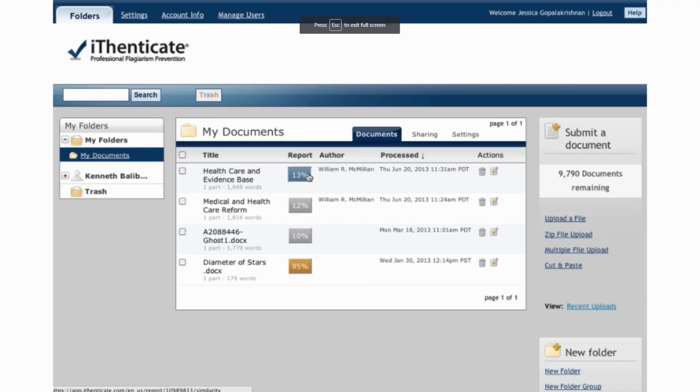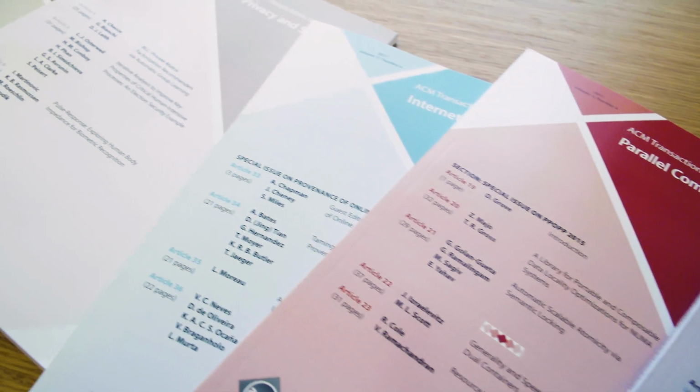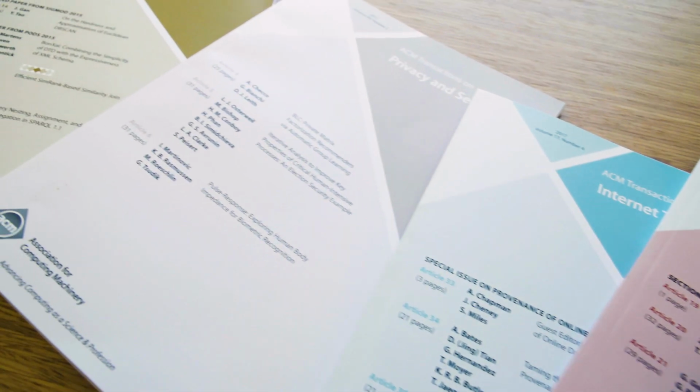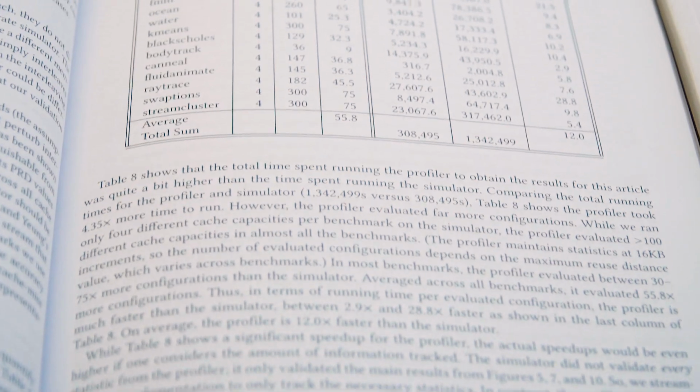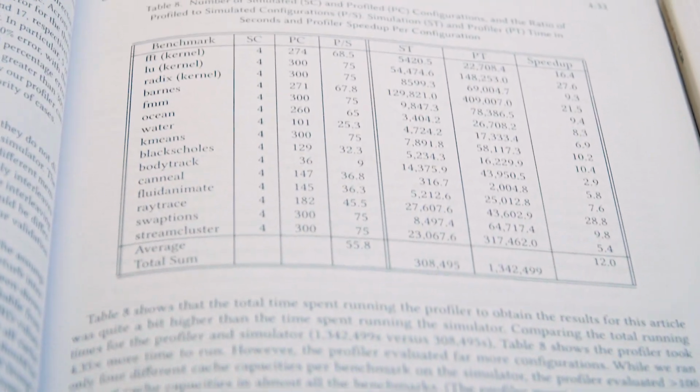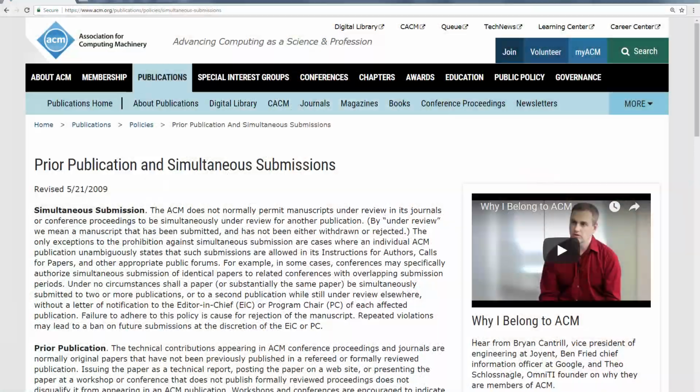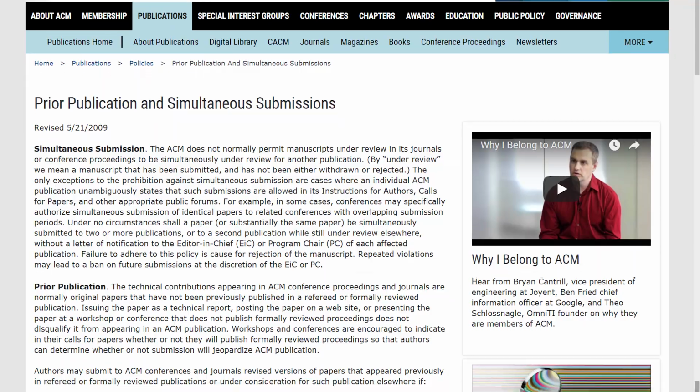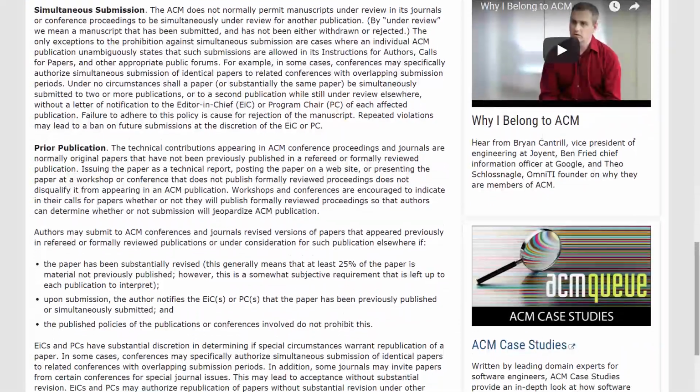Even before a paper enters the review process, the journal administrator runs it through plagiarism checking software. The editor-in-chief will check the report before assigning it to you. The goal is to prevent papers with plagiarism issues from entering into the workflow in the first place. Most ACM journals allow extended versions of published conference papers. ACM policy requires 25% new material, although some journals require more. Revised or extended papers may be flagged by the plagiarism checking software, which is why the plagiarism reports need to be manually reviewed before making a decision.